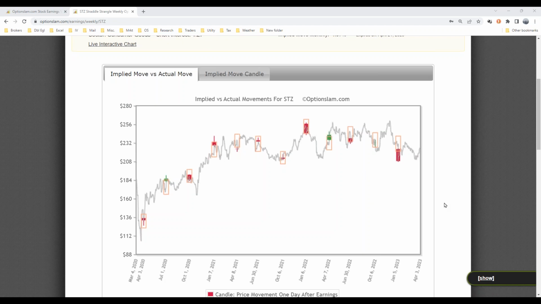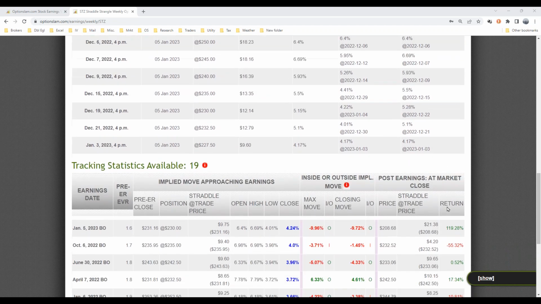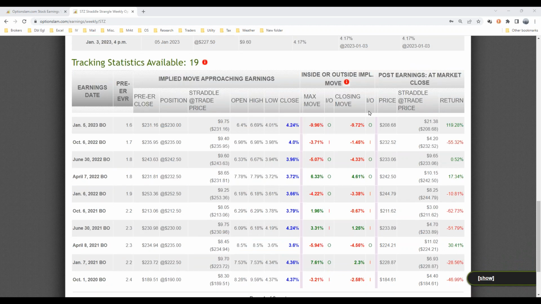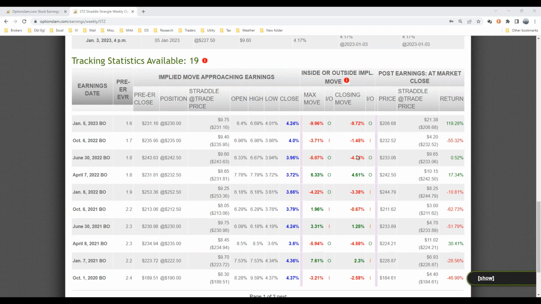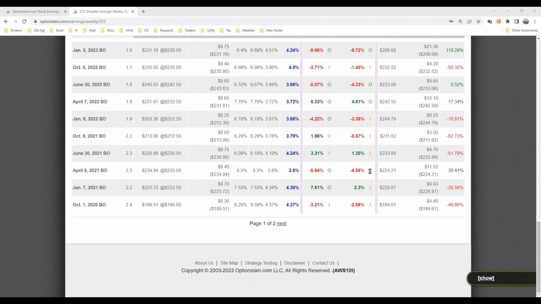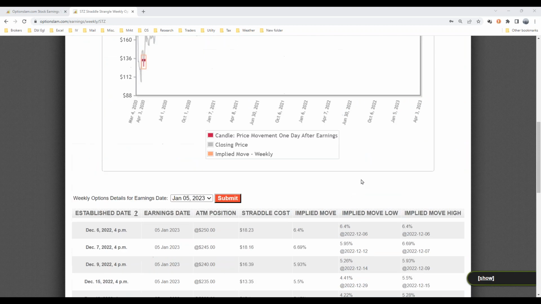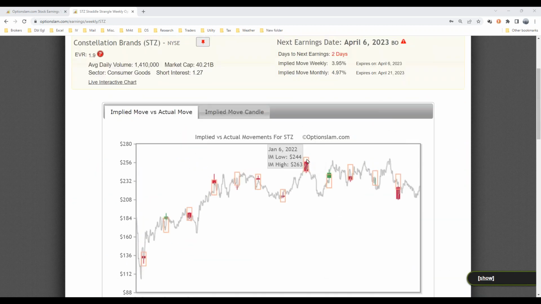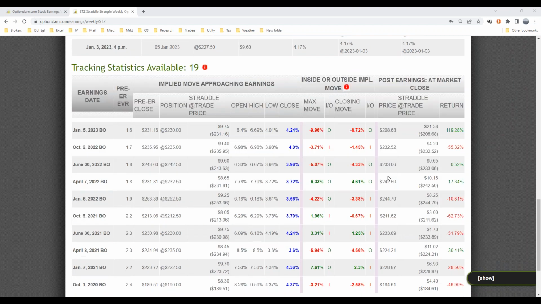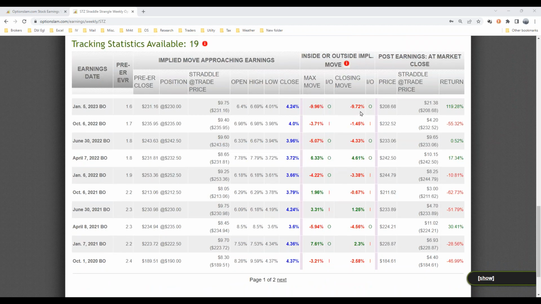Well, I guess if you want to get into the detail, you would go to the table to see the detail, and technically, and again, the chart is using rounded numbers, whereas the table actually is more precise with the actual implied move. So it might be,